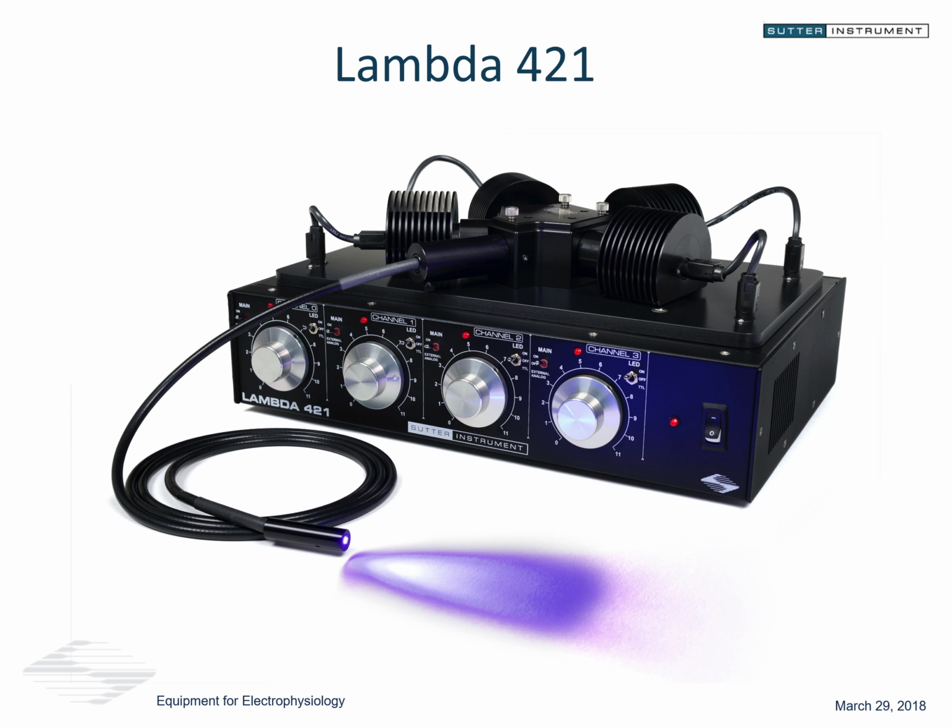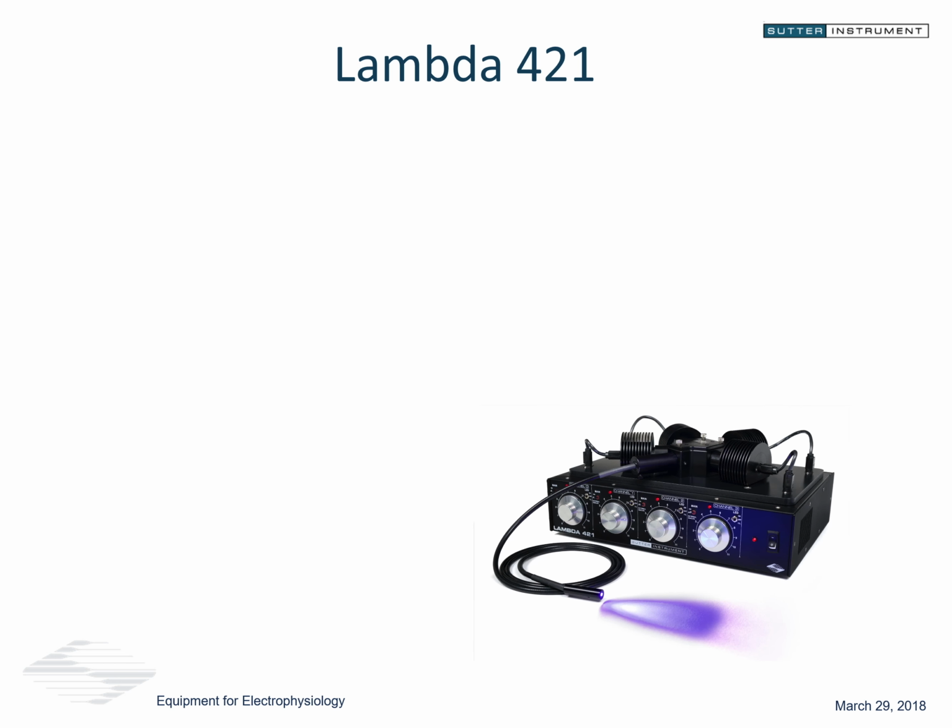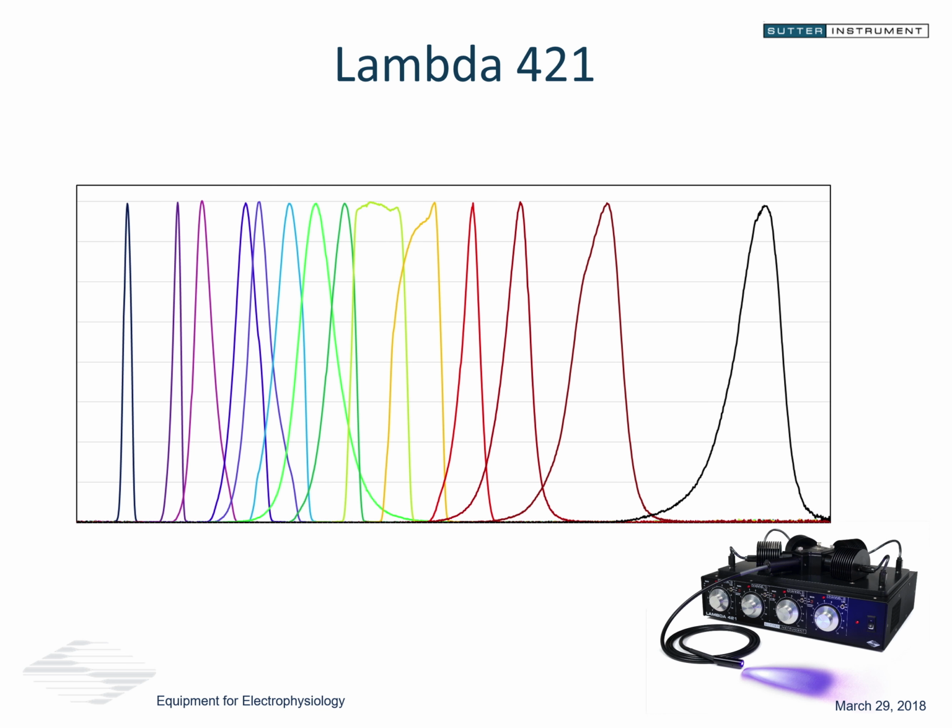I'd like to take a closer look at the available spectra of the LEDs that are optional for this system. One of the limitations of LED-based products is the spectral range, but these are the LEDs that are available for the Lambda 421. What I've shown here is the visible range from about 390 to 700, and you see that we have plenty of LEDs that cover that visible range. But excitingly, we also have LEDs at 340 and 380 nanometers.